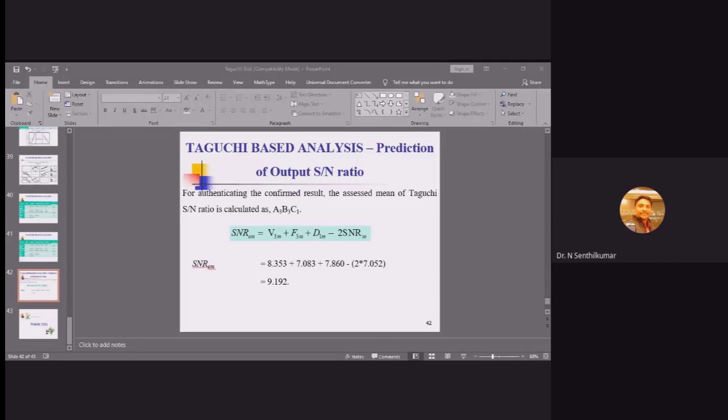But there is one more technical aspect in that. If I am going with a higher number of experiments, then I can include the interaction effects also. In L9, I can consider only the main effects A, B, and C. I cannot consider A×B, A×C, B×C. In the L18, I can consider A, B, C, A×B, A×C, but not A×B×C. So that kind of reply we have to provide for the reviewers.